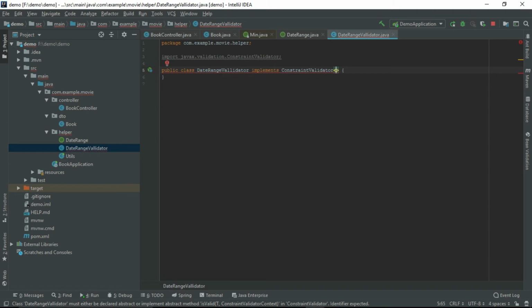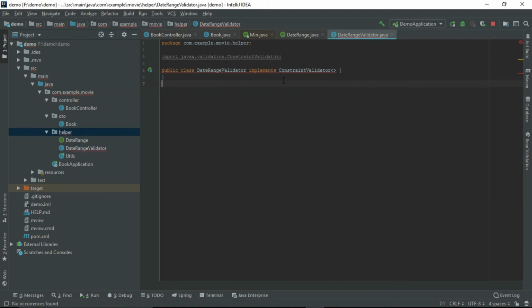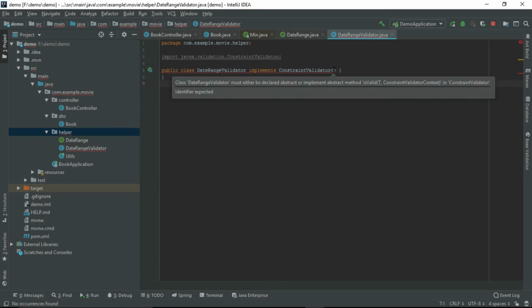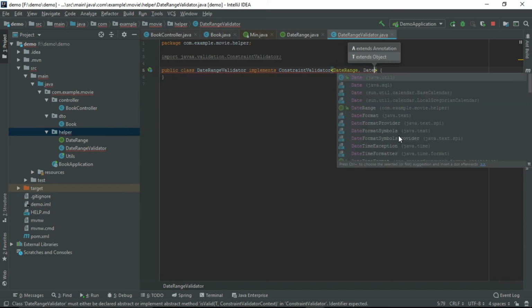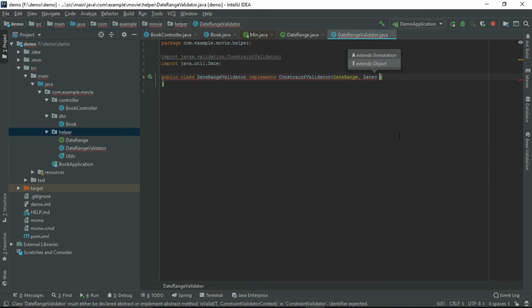One is for which annotation we are creating this implementation class. I am creating it for DateRange, and the other is for which field we are going to apply this annotation. We are going to apply it to a Date field. So now it is done.